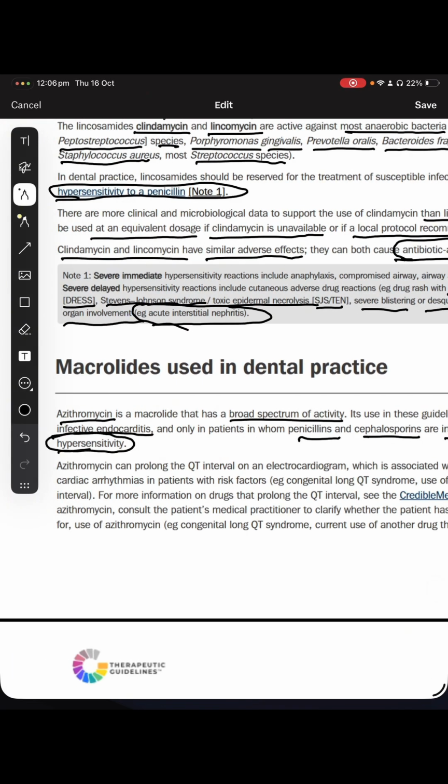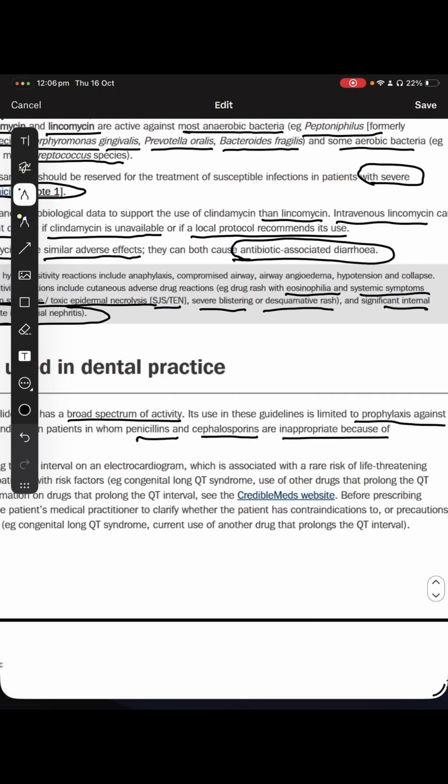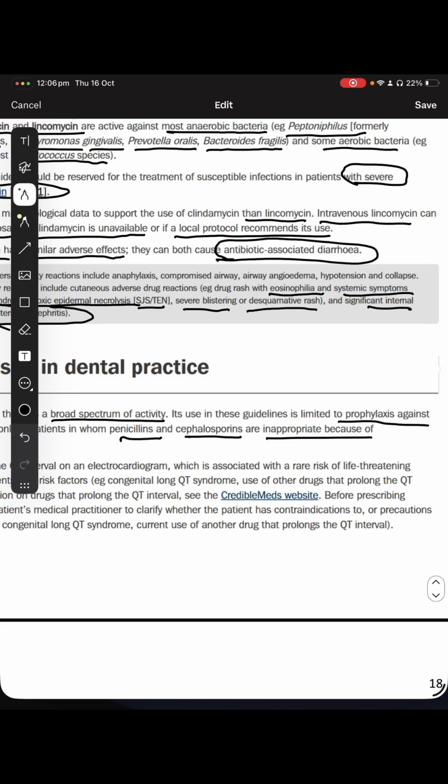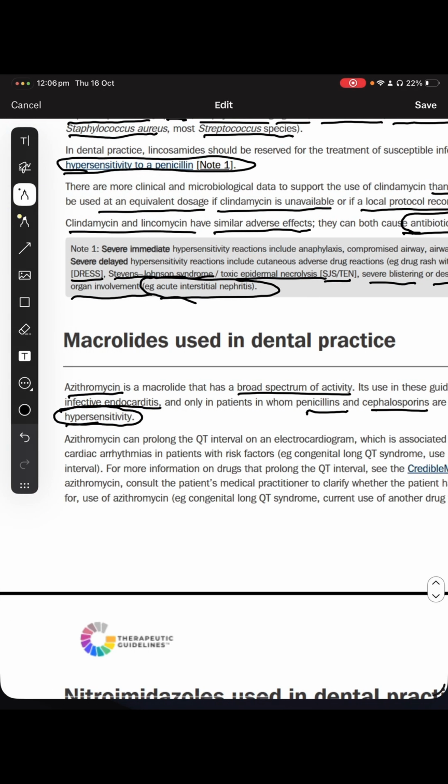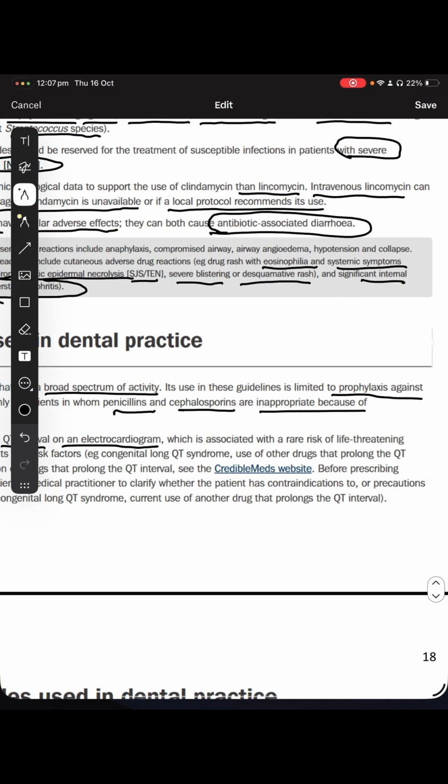So where can we use azithromycin? First of all, it is a macrolide. It has a broad spectrum of activity, and we can use it for prophylaxis against infective endocarditis and for those patients who are penicillin and cephalosporin hypersensitive. Now, azithromycin can prolong the QT interval on an electrocardiogram, which is associated with a rare